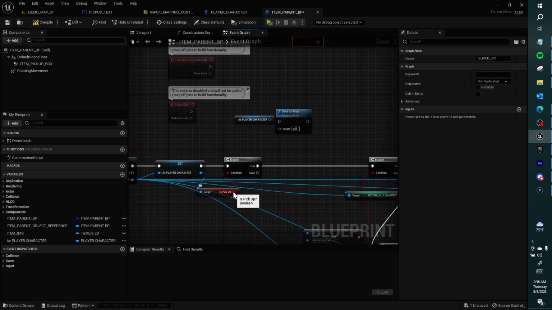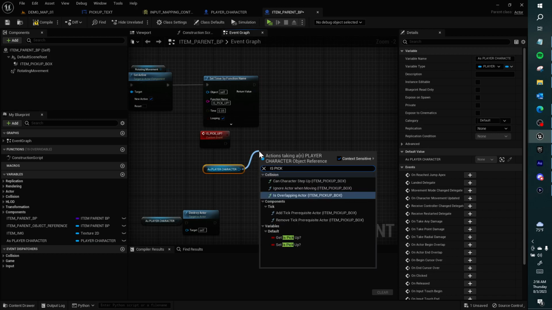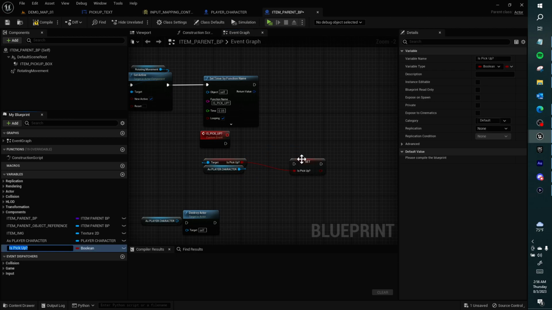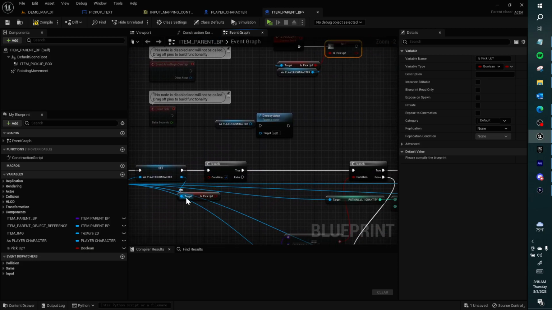I want to create a variable. I want to get the player character reference. Get that. I want to get is pick up. I want to right click this and save this into a variable local to this blueprint. And then I can use this local variable